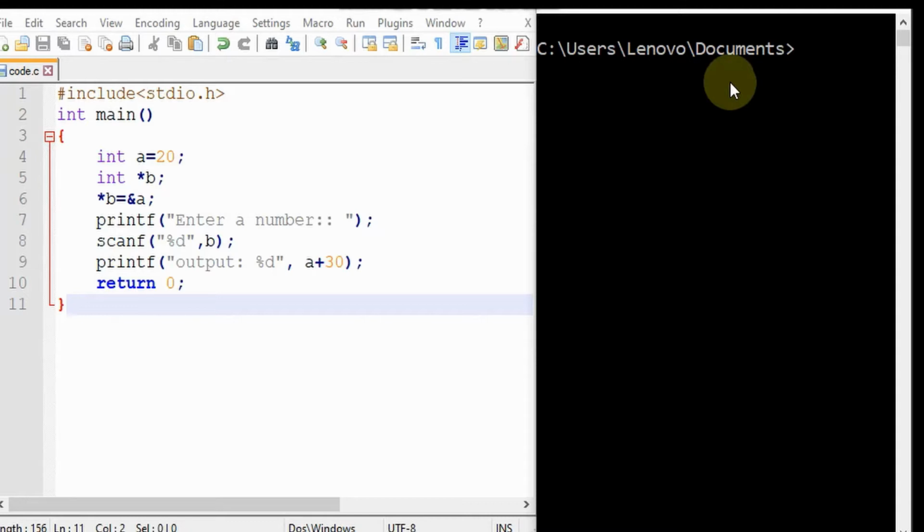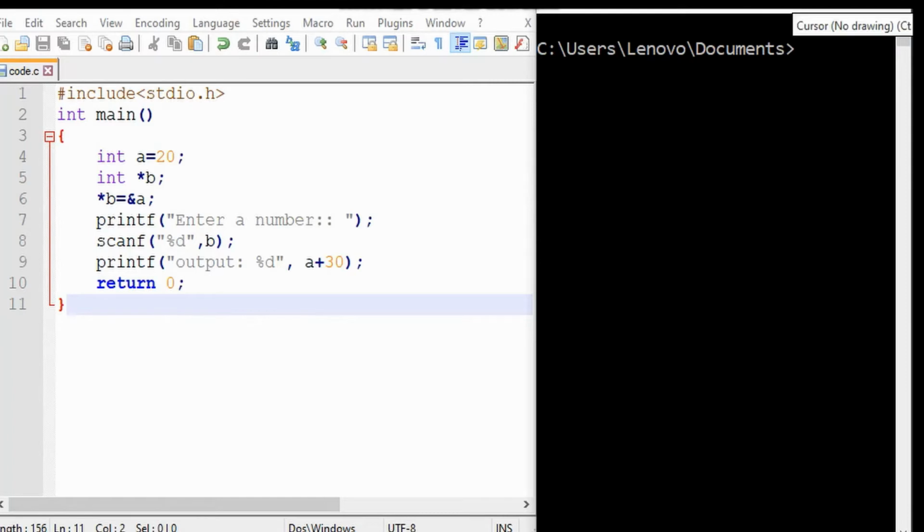Now we are going to talk about pointers in the C programming language. So what are pointers? How are these used in C programming? We are going to talk about that. Pointers are variables which store the address of any other variable. So what can that other variable be? That other variable can be of any type. It can be of integer type, float type, double type, or even a pointer type.